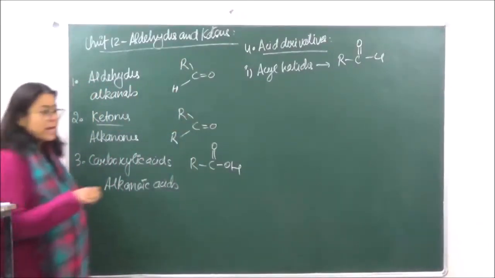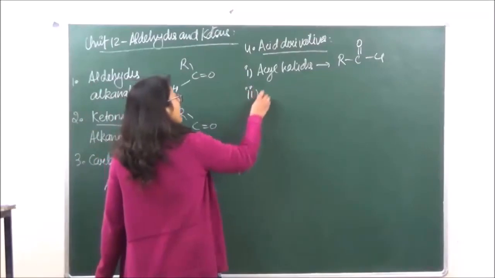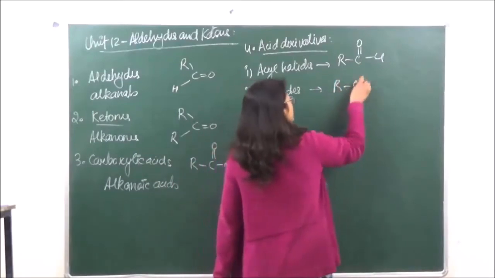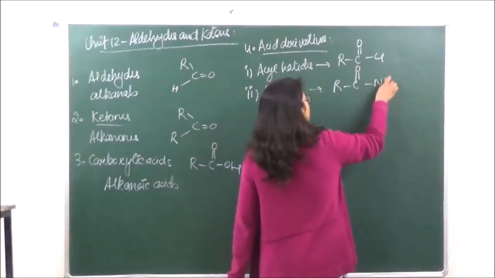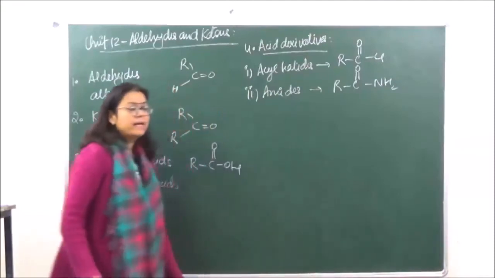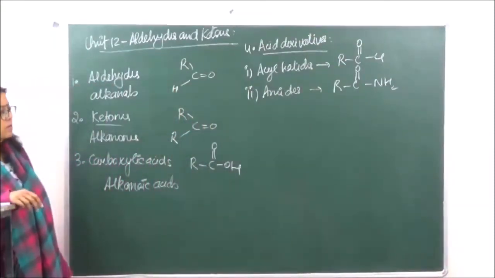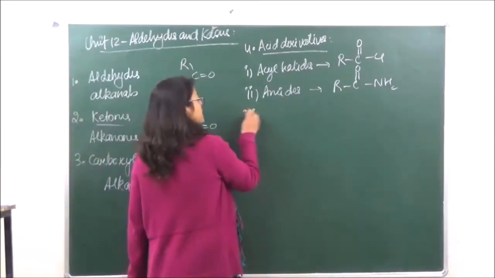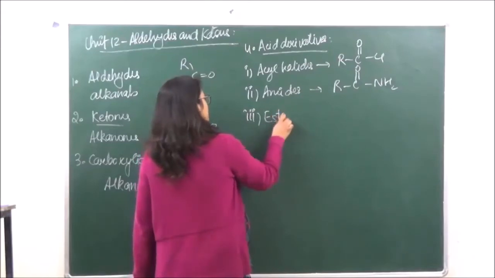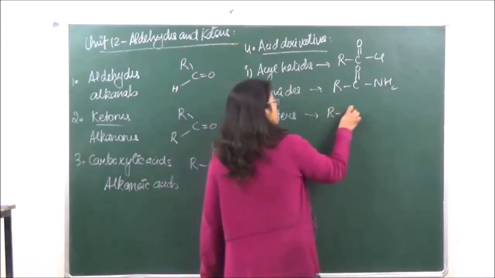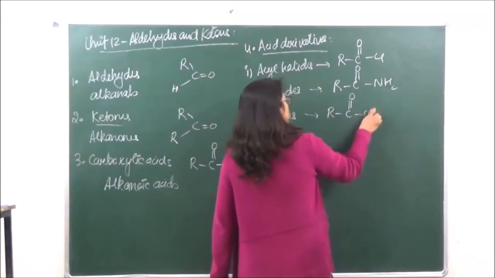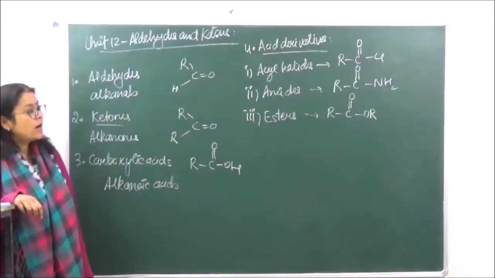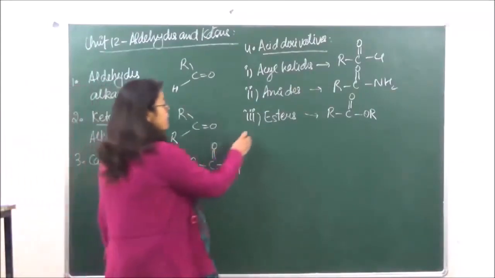Then second one which we have is amides. In case of amides, the OH group is substituted by NH2 group. Okay? Then third we have esters. In esters, the OH has been substituted by OR. And the fourth we have is